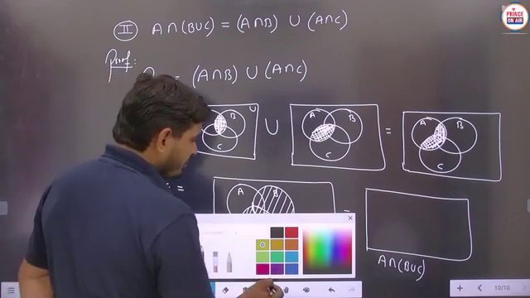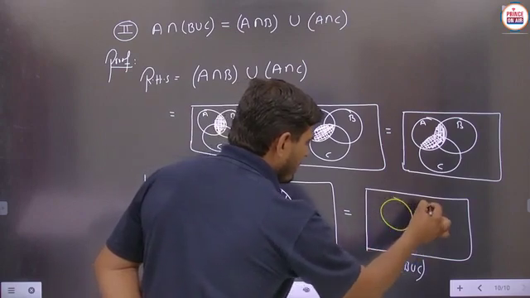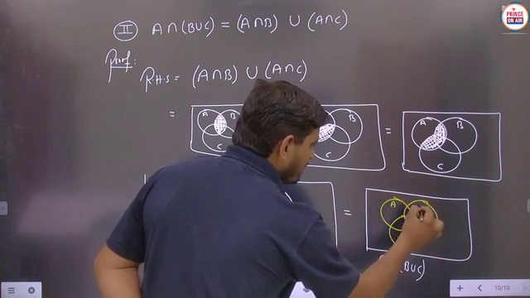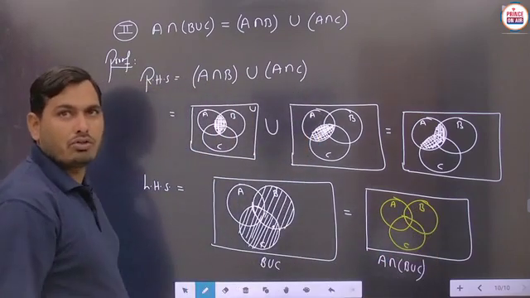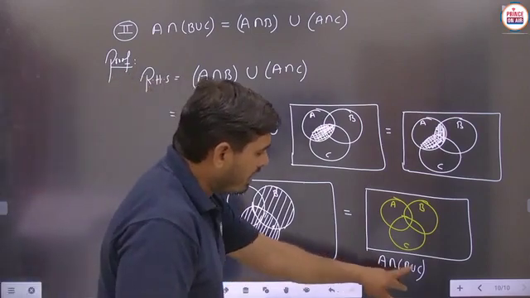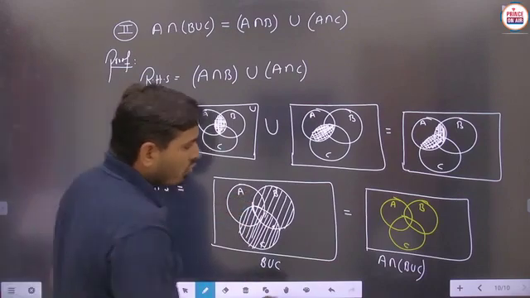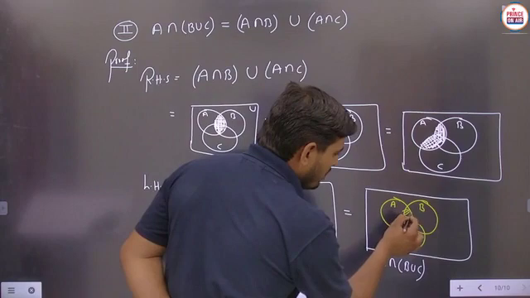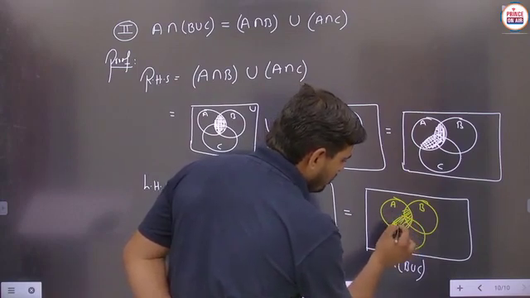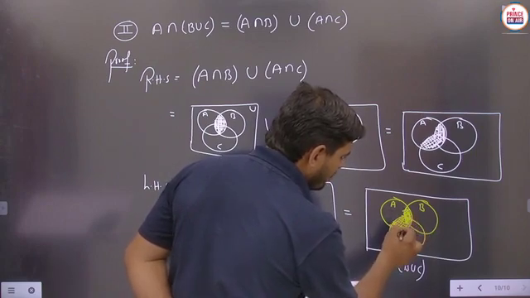Next, suppose we have to make this set A. This is set A, this is set B, and this is set C. You can see carefully here, we are just taking the common part of A and B union C. So this is the B union C and this is the A. Then the common part is obtained like this. This is the common part you will obtain here. Is it clear? So students, only this part is to be shaded. Is it clear?